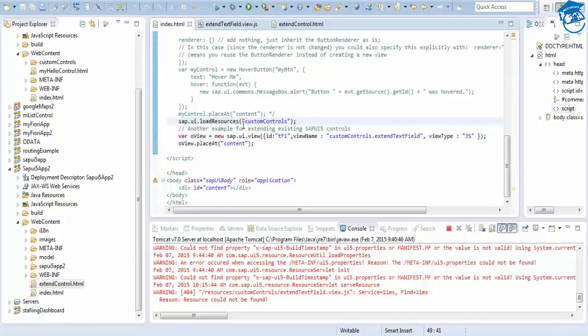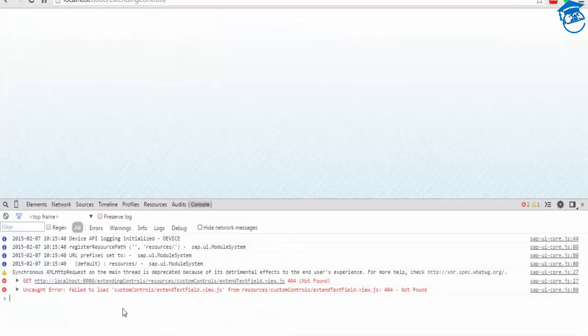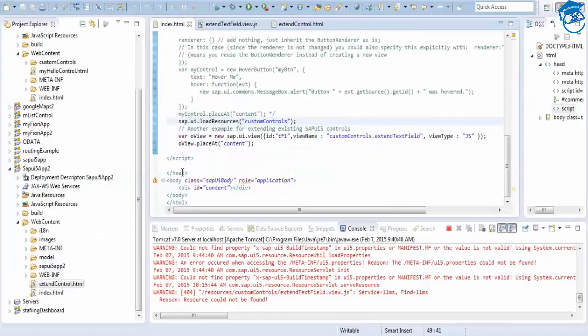Okay, so this is how you load resources. sap.ui.loadResources. If you want, you can check here. It is sap.ui.localResources, not loadResources. It is localResources.